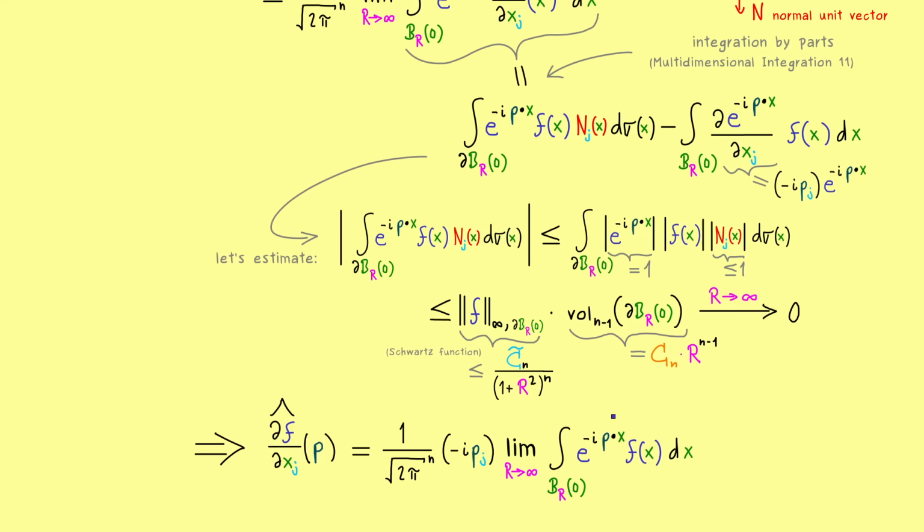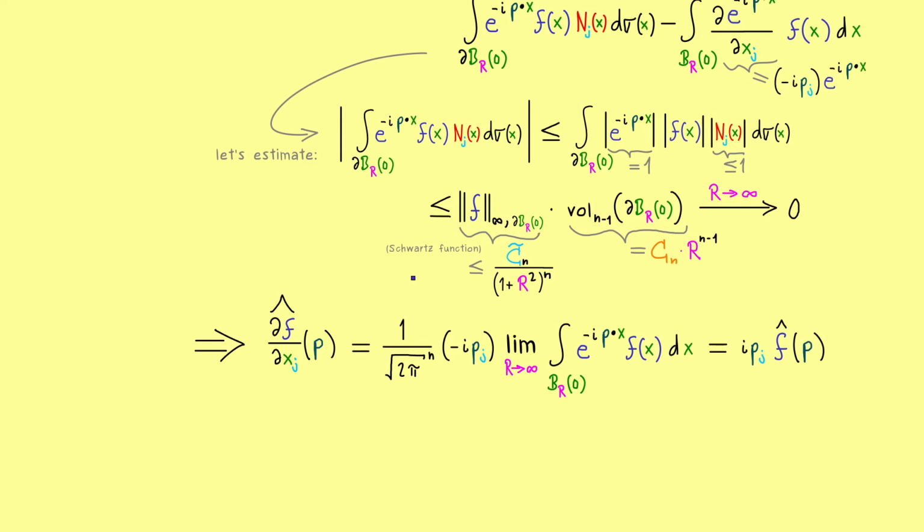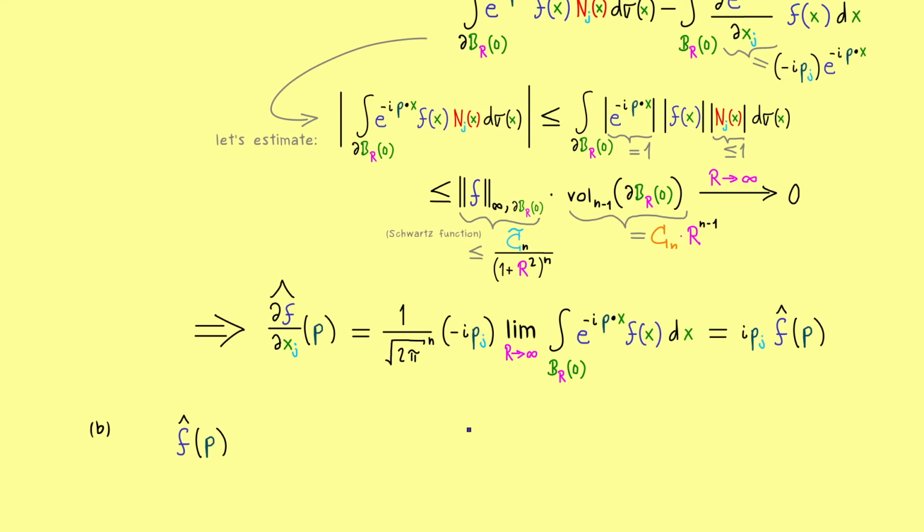Namely, we find the Fourier transform of f on the right hand side again, just with the multiplication operator in front. And that's it. This is exactly the statement in part A, and now you know it also holds for Schwartz functions. And with that out of the way, we can immediately go to part B, which might be more interesting, because